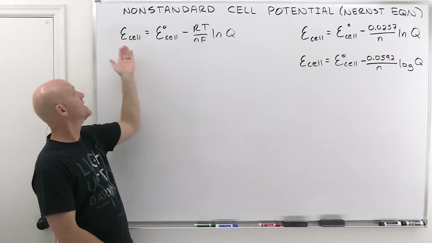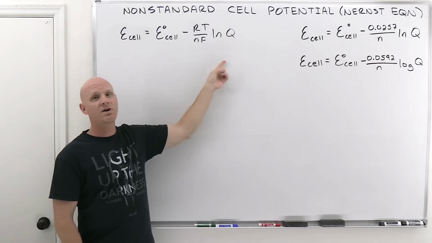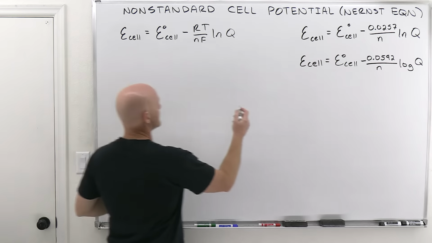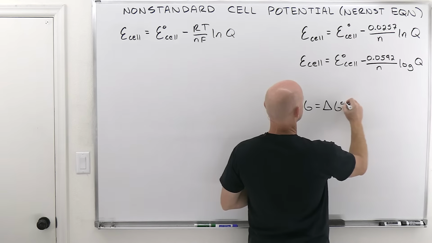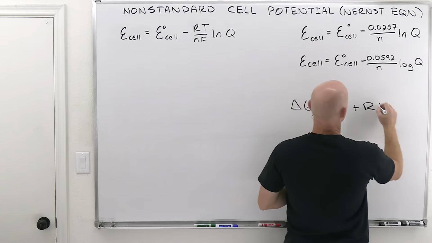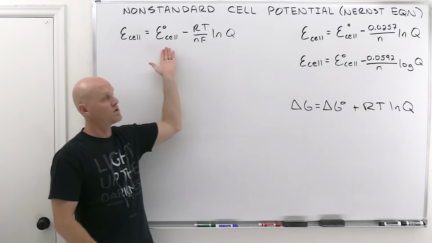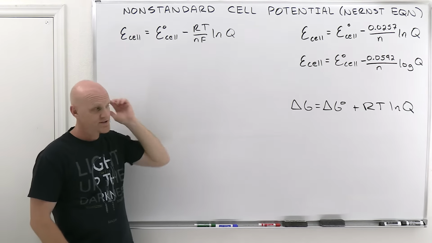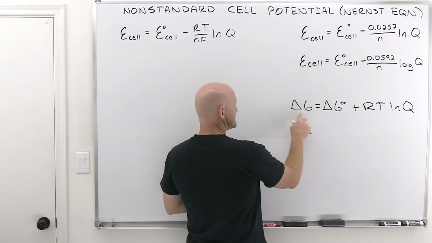And we had a similar looking equation to this one. So this one says that your non-standard cell potential is equal to the standard value minus this fudge factor that involves the reaction quotient. And you might recall that we had, back in the last chapter, a similar type equation for delta G. Delta G equals delta G standard plus RT ln Q. And in fact, this Nernst equation actually comes from this equation, truth be told. So it turns out we're going to learn in the next lesson, but I'll allude to it here, that delta